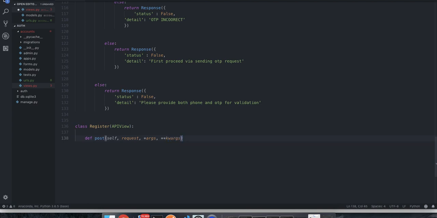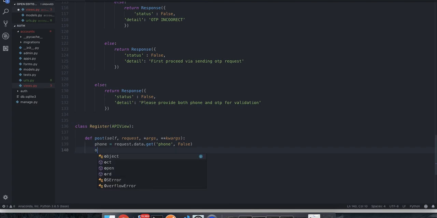You don't need all these things, but here we will take the phone number. So the phone number will be received from request.data.get, and the field is phone, and if the phone number is not received, I will say false. Okay, get's second argument: if the phone number is not present in request.data, it will say false, otherwise